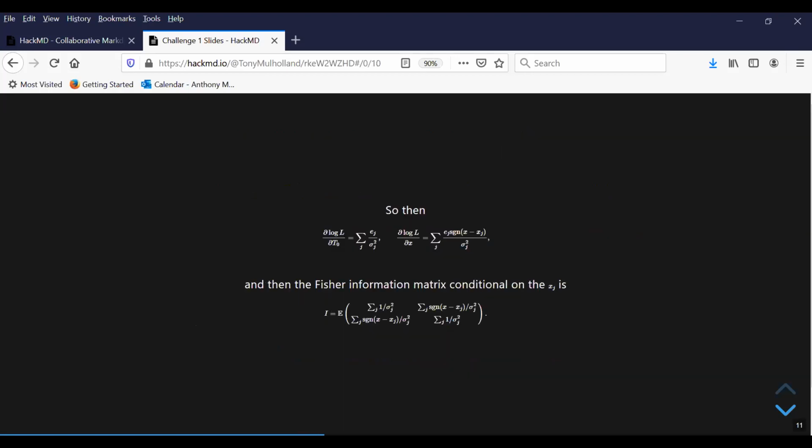We go on to compute that in the usual way. First of all, we compute the Fisher information matrix conditional on certain positions of the sensors, so these xj's. Then we're going to want to take the expectation of that information matrix, now thinking of the xj's as being random variables given by a Poisson point process. So these off-diagonal terms, which depend on the sign of x minus xj, in other words, whether the sensor is to the left or to the right of that contact point, when we take the expectation of those, they will produce 0. So next slide, please.